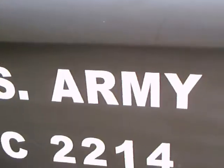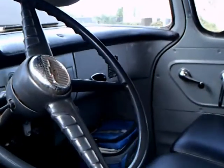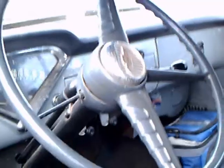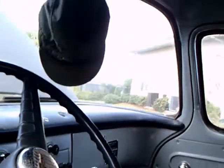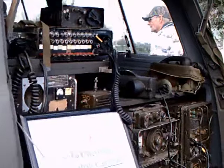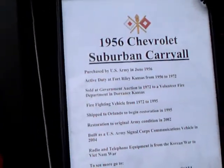3100 series must have been a fairly heavy-duty vehicle, and it's outfitted right now as it would have been as a Signal Corps vehicle. My guess is that the owner was in the Signal Corps in World War II, or maybe the Korean War, and this is how the vehicle would have been outfitted. Here are the electronics here, and here you see the